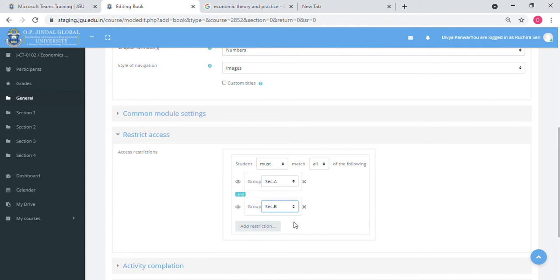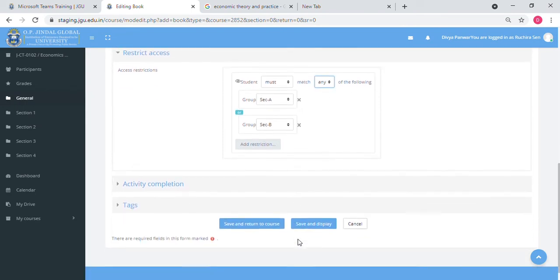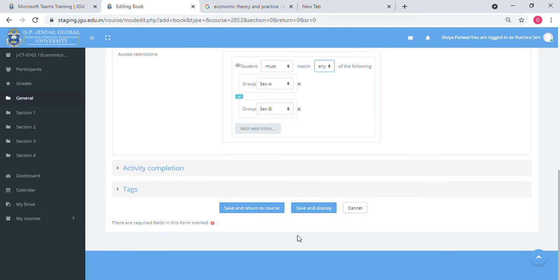One thing to remember here is that you have to select any in the second option: students must match any of the following, either section A or B. And then click on Save and Display button.